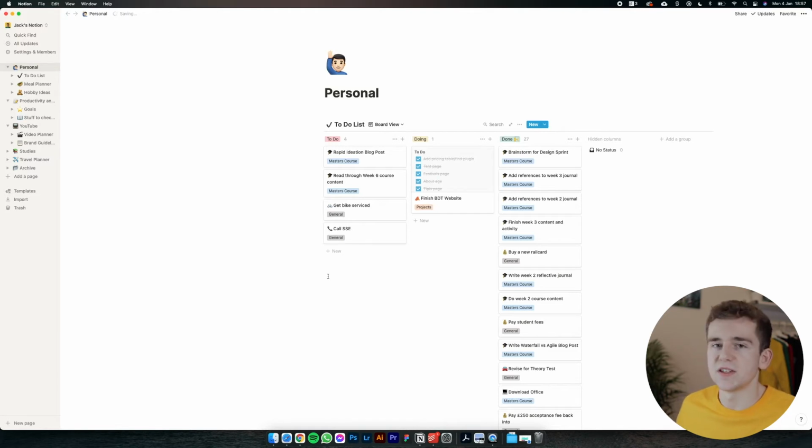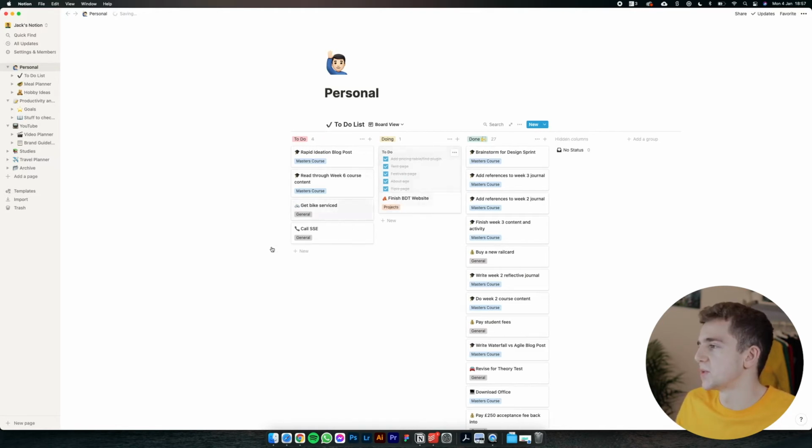It's got lots of features such as a Kanban board, which you can see here. And you can also do cool things with databases and linking them to add extra functionality to your different pages. You can also share these pages with different people, making it kind of an all-in-one productivity tool for a team if you'd like. So I'm just going to show you the different pages and stuff I have